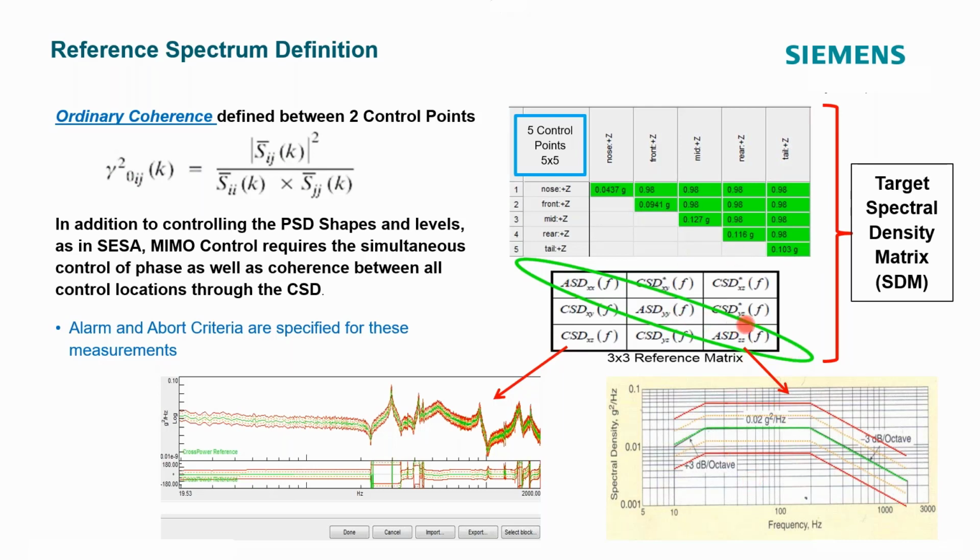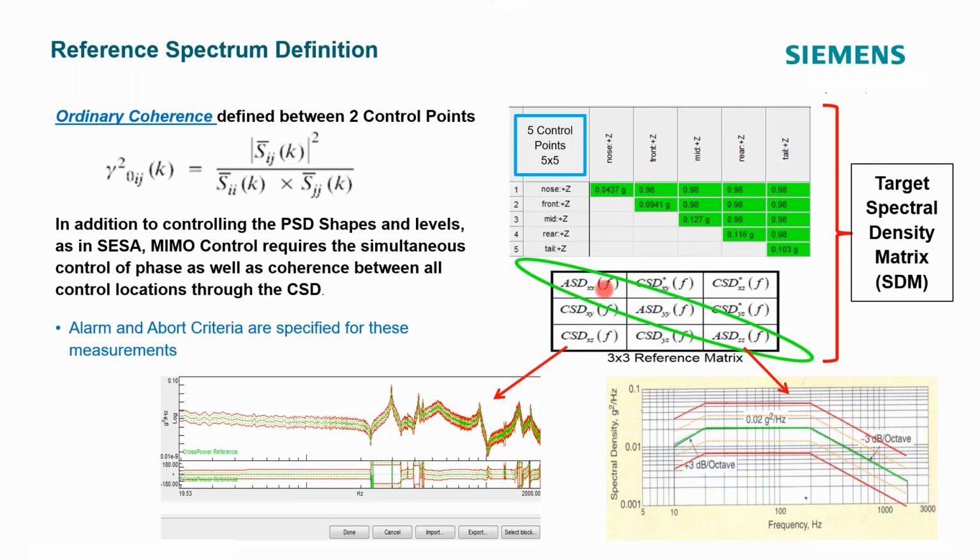On the off diagonal, we have CSD, or cross spectral density, and that's also PSD format as far as the amplitudes go. We also have phase relationship. And the phase gives us a relationship between these different response points or control points. So the CSD between the nose and the front, the nose and this point, and the nose and that point. That's the cross-spectral spectrum that we measure in operational conditions, and that gives us our target of what we want to achieve in the laboratory.